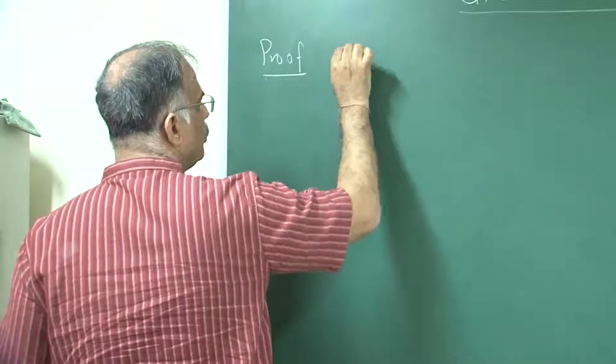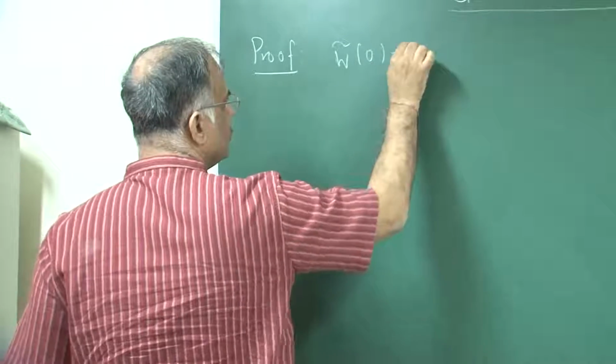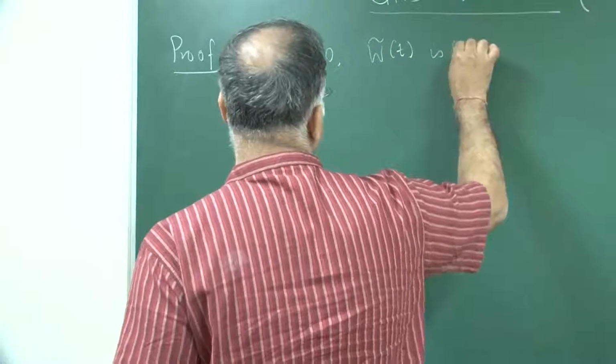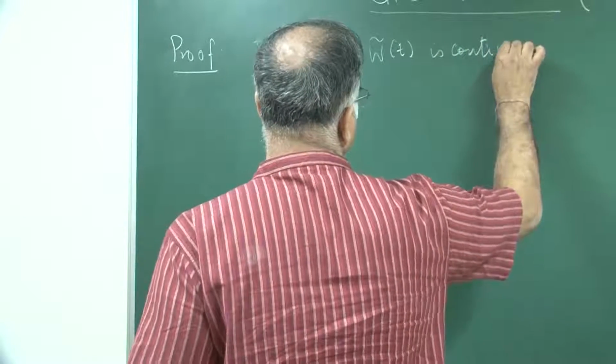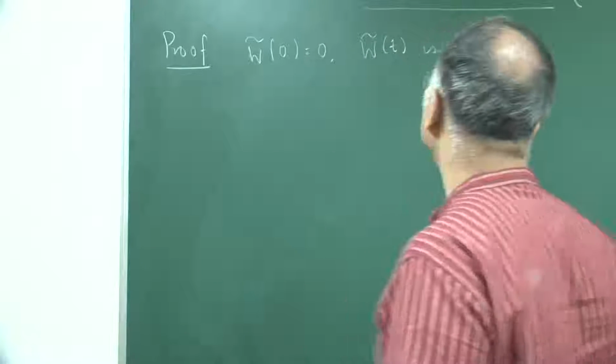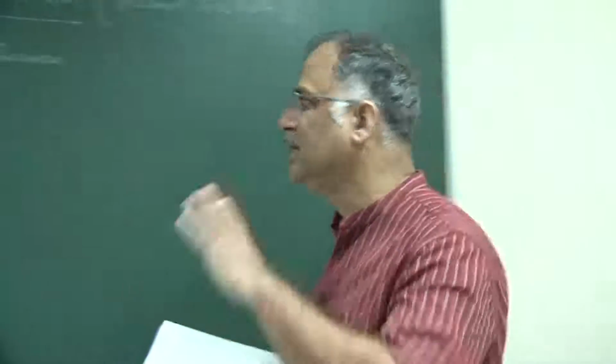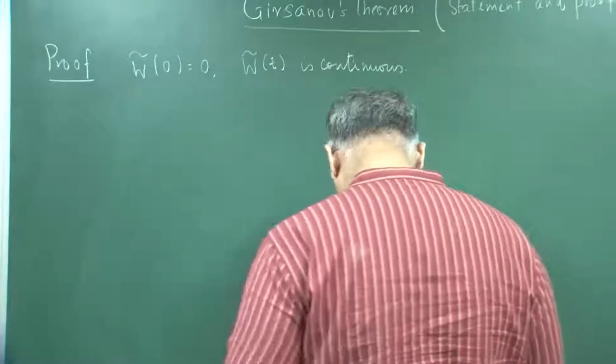Okay. Now, for the proof, w tilde 0 is 0 by definition. W tilde t is continuous, if we take theta t to be continuous, and we are taking it to be continuous. Without it, it does not matter, but it is better to have a continuous function. Even if it is a Lebesgue integrable function, a measurable function, by the first fundamental theorem of integral calculus, Lebesgue's calculus, you can show that the function in t is continuous. So, whatever it is does not matter. You can think that theta is continuous, a nice function.